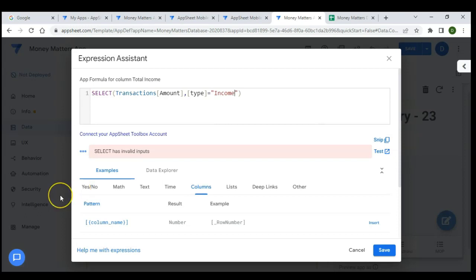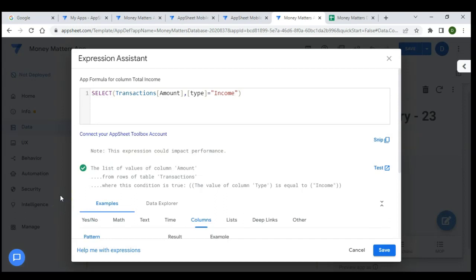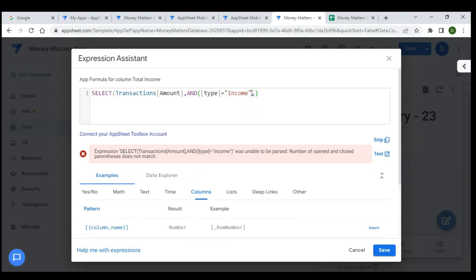And the second bit is that the date or the month we are operating in is the current month. So we have two conditions. First, type is equal to income, and so I'm going to use the AND function. And I'm also interested in records where the date is within the current month we're operating in. I'm interested in any record that is greater than last month's last date. Okay, so it's a bit tricky, but you kind of understand it. So I'm going to say date is greater than,